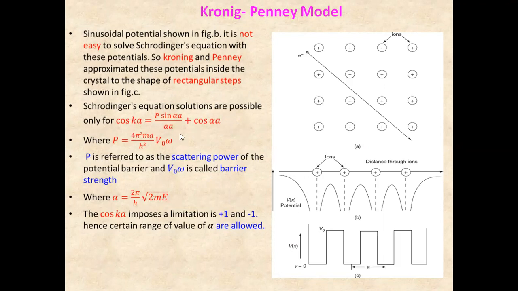The solution is: cos ka is equal to P sin alpha a over alpha a plus cos alpha a, where P is the scattering power, P is equal to 4 pi square m a by h square into V naught b. This is the potential barrier and V naught b is the barrier strength, where alpha is 2 pi by h into square root of 2mE. This cos ka